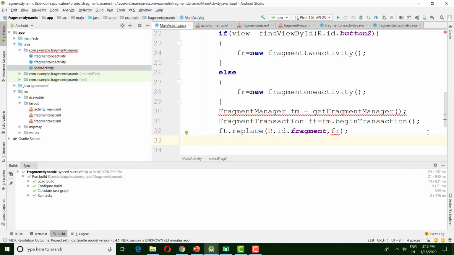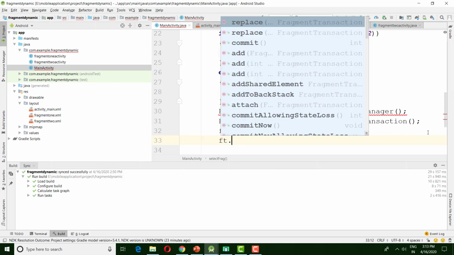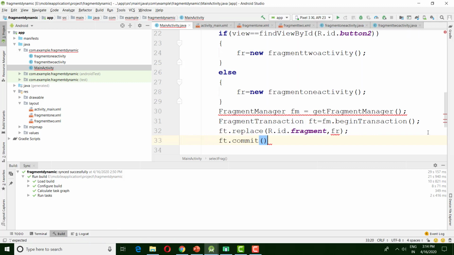Now the next statement is we need to commit it, ft.commit. After committing, the fragment gets added to the host. Now close this.